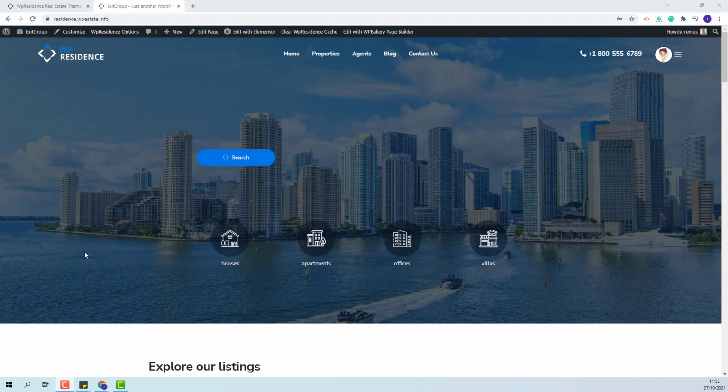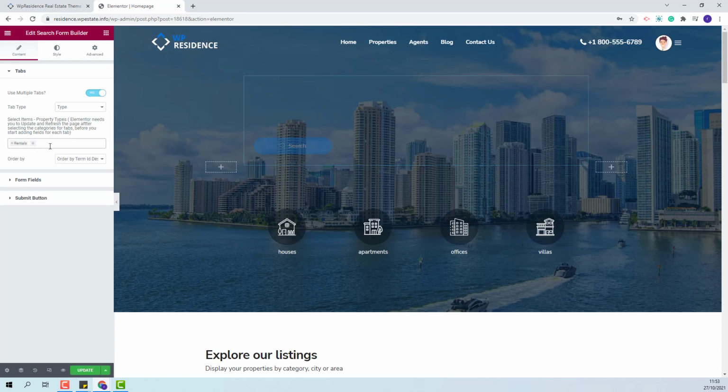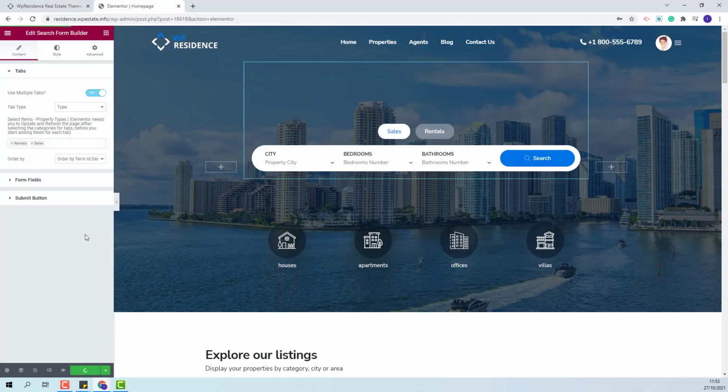To select the tabs for the search, I will need to edit the home page with Elementor. I will edit the search shortcode. Here you will see that the tab section is enabled. The tab type is set correctly. You will only need to select the missing tabs. I will select rentals and sales. I will save the change I made